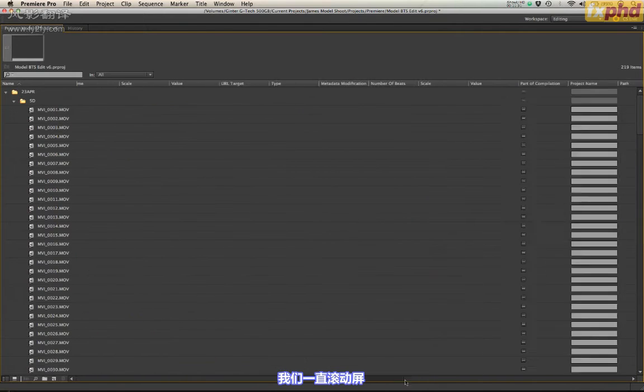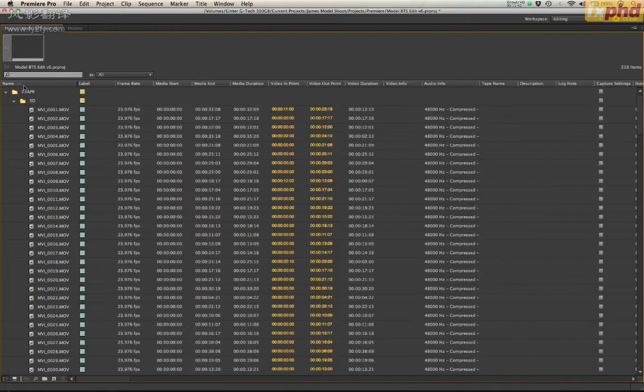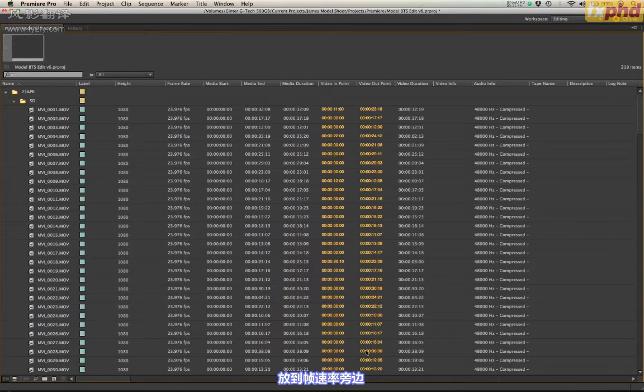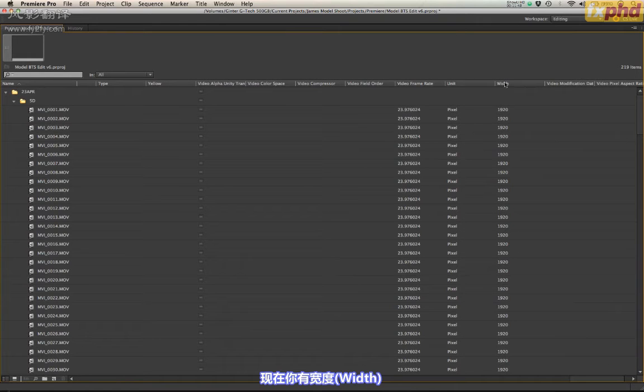You have to scroll all the way over, and there it's hiding under height and width. And so what you want to do is drag these things all the way back over here and put these up with your frame size. So you have your height, and now you have your width,